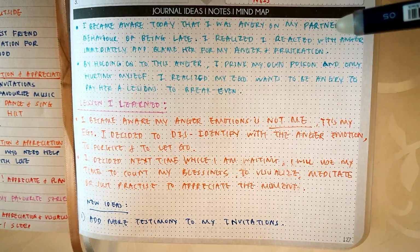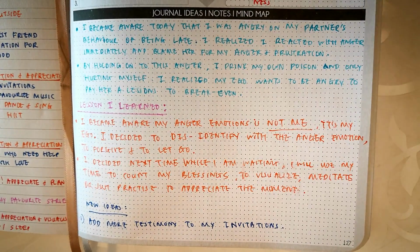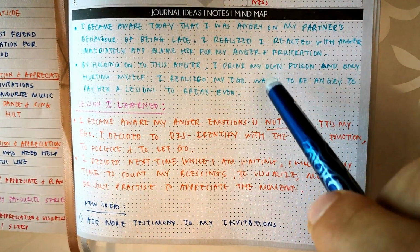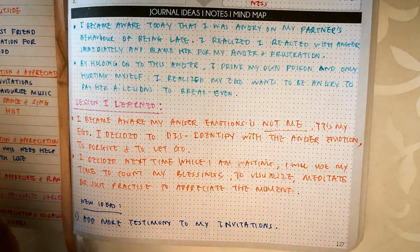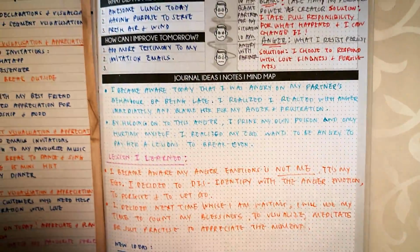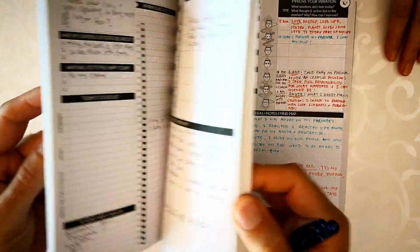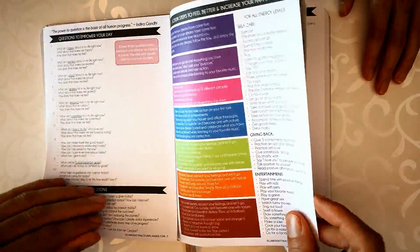So I disidentify with my ego. And then I actually start learning the lesson behind it. Now, this is something that we help you to do inside the planner. We have a special section in the front of the planner that helps you step by step to do this. So if you go to the front of the planner, you will see that you have this amazing section here